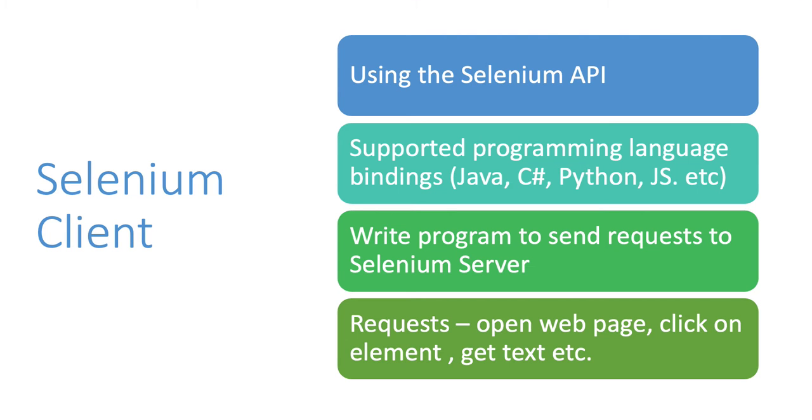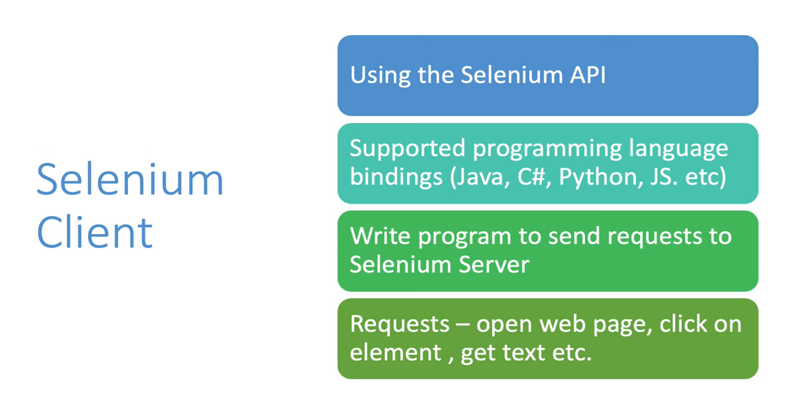So if you go into the Selenium world, the client, Selenium client, is the actual code that you write. So basically you need to write code, right, to automate. So you write your scripts or the program using your favorite language, and you use the Selenium API in your code. You import the Selenium API and use it in your Java, C Sharp, Python, or JavaScript